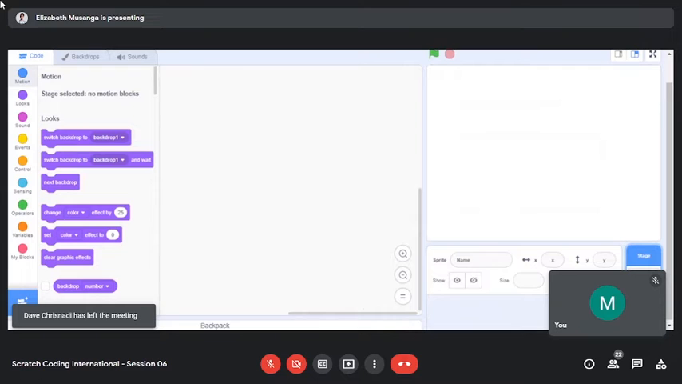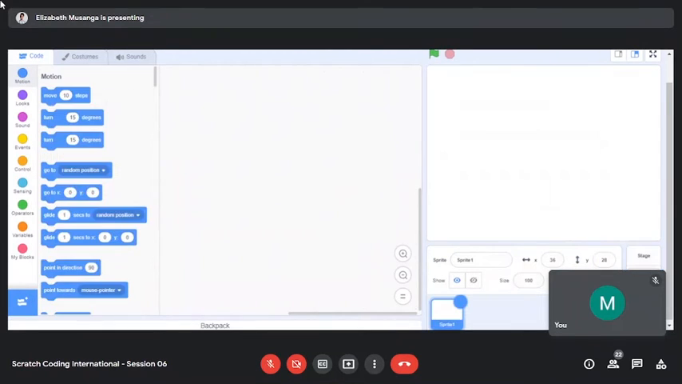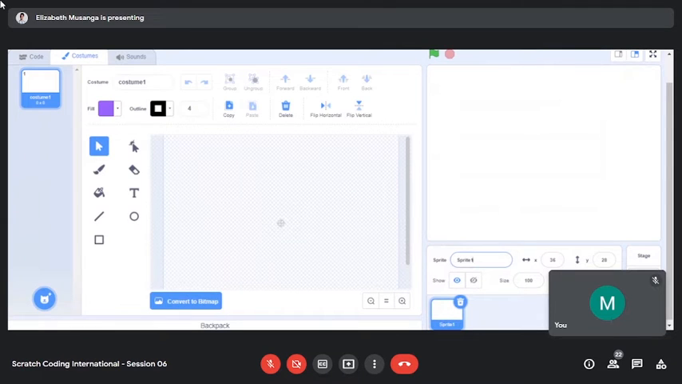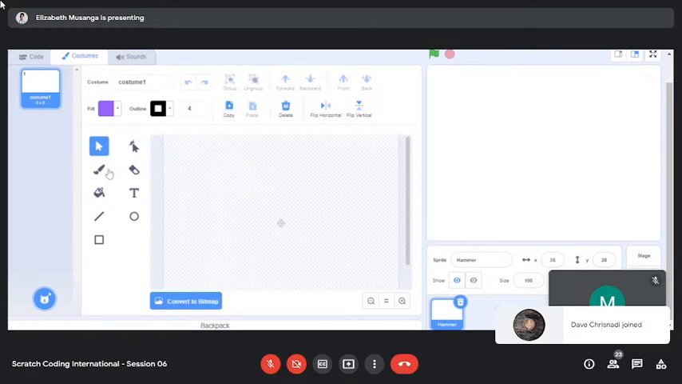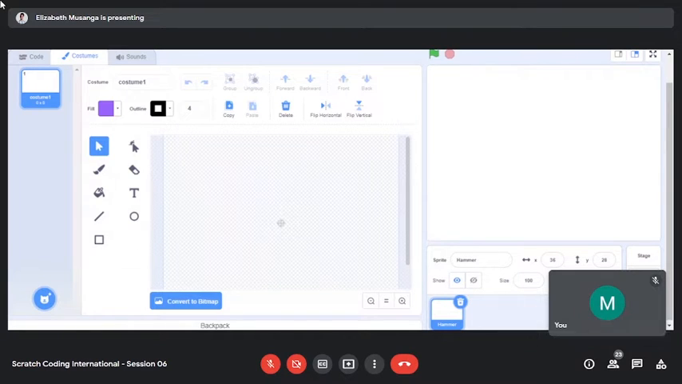So you come here to a sprite, and instead of choosing a sprite, you decide to paint your own. So we are going to paint a sprite. Let's call this hammer. To draw a hammer, like I showed you in the last session, you can either import a sprite or paint your own. But just painting this hammer is not hard. You can just come here, then you draw this